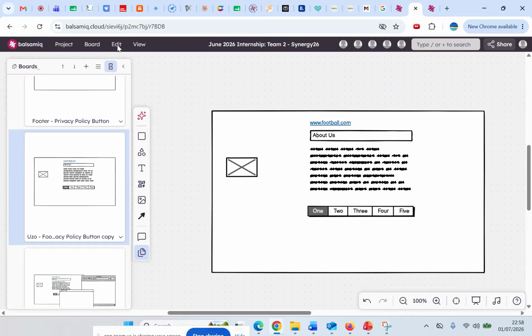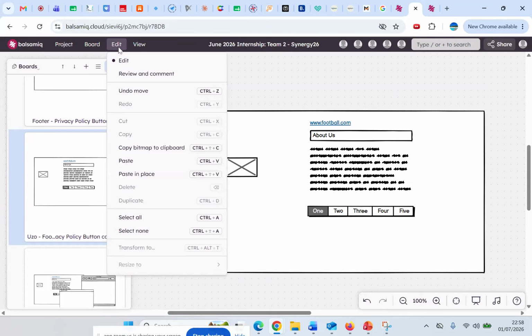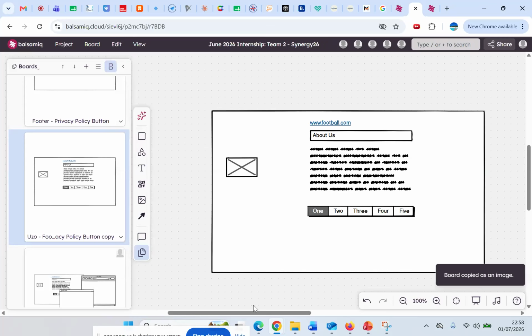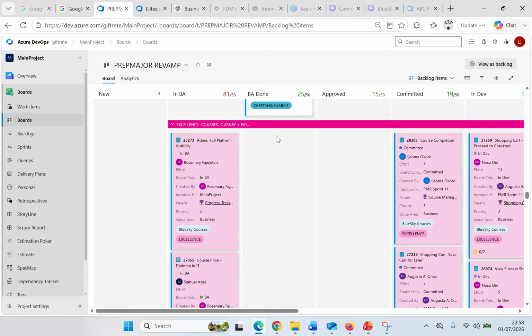You go to your edit button, you click on it, and you go to copy bitmap to clipboard. Normal copy won't work. Control C doesn't really work for this, right? So this button works. It says copy bitmap to clipboard. So if I click on it, then I go to my board. Let me just pick one